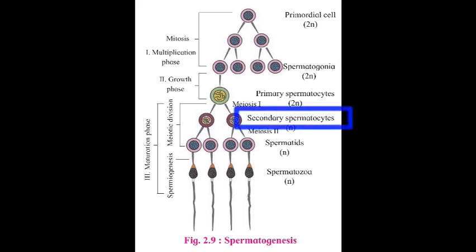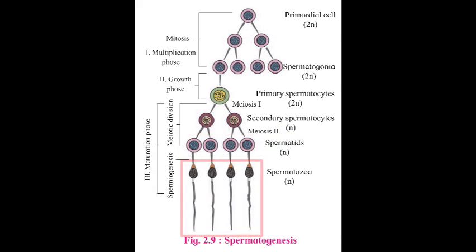Now each secondary spermatocyte will give rise to 2 spermatids by the process of meiosis second. Now from each spermatid, spermatozoa will form, and this process is known as spermiogenesis. Spermiogenesis is the process of formation of spermatozoa